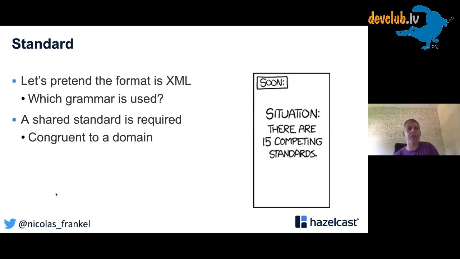Hey, what is the grammar? Basically, if you want to do public transport, medicine, retailing, whatever, you would like everybody to share the same standard, because if you want to aggregate different data sources from different providers, you want to have the same standard. In general, that's not the case. You might know the XKCD comic: there are 14 competing standards, I will create my own that will cover all of them, and then soon you have 15 competing standards.